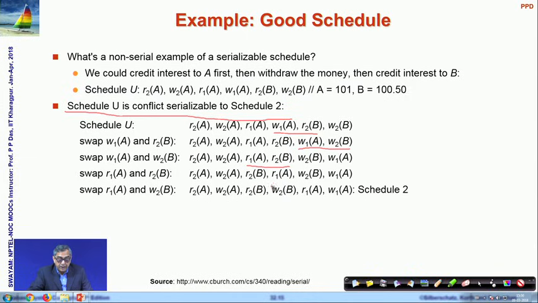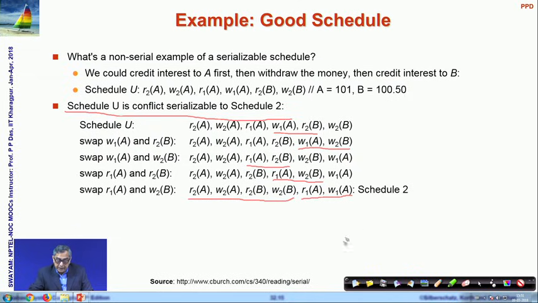And finally, we swap R1A with W2B, and we get this. Now you can see that this is transaction 2 followed by transaction 1, which is schedule 2, which is indeed a serial schedule, and we have been able to transform schedule U into a conflict equivalent schedule 2, which